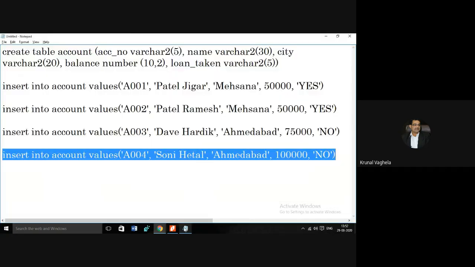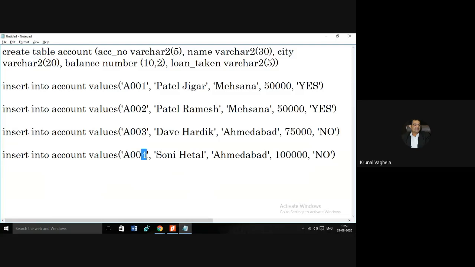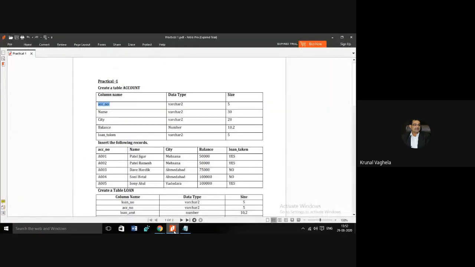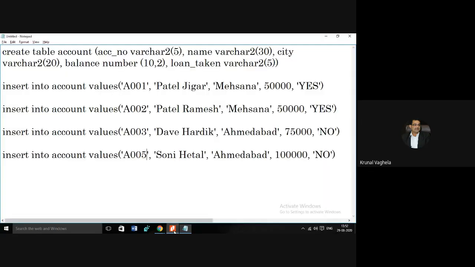And the last is A005. Sony Atul, Vadodara, 1 lakh. Yes. Sony Atul. Vadodara.